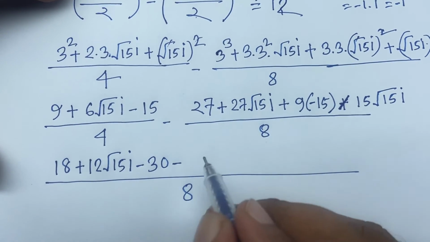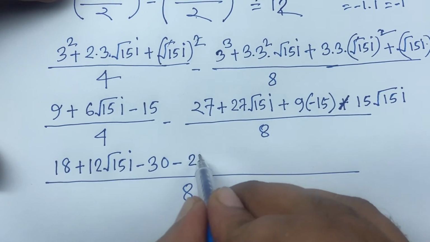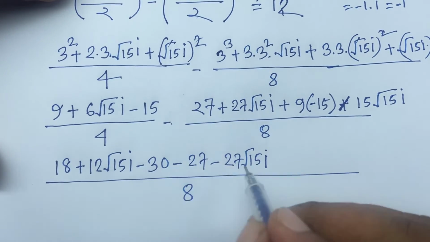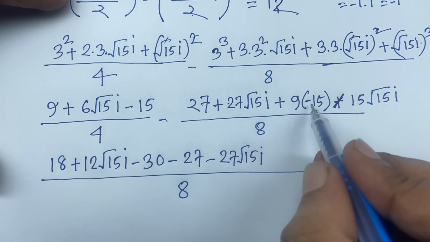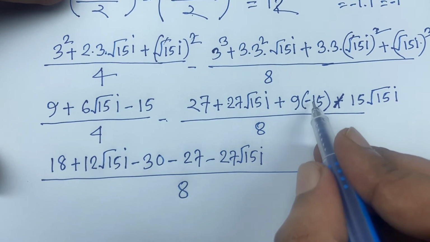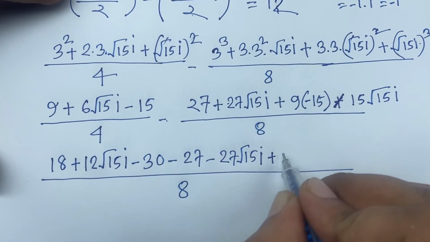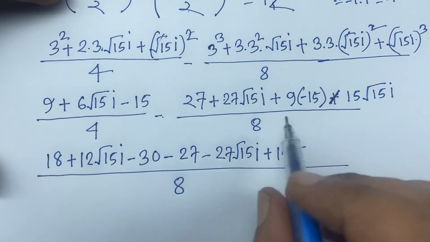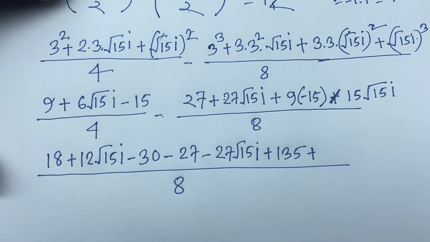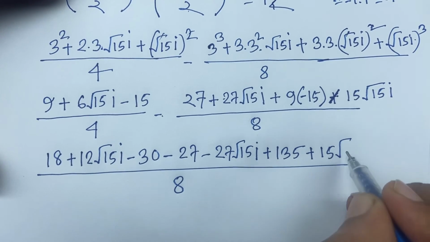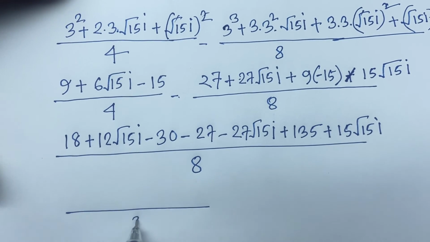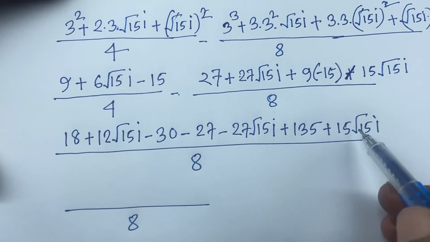And again, I can say easily 8 divided by 8, it will be 1. So it will be 27 minus 27 square root 15i, because plus minus will be minus. And in this case, 9 times 15, it will be 135. So minus 135. So minus minus, it will be 135 plus, and minus minus will be plus. And I can say easily it will be 15 square root 15i. And at this moment, look, here is 8, and 15 plus 12,